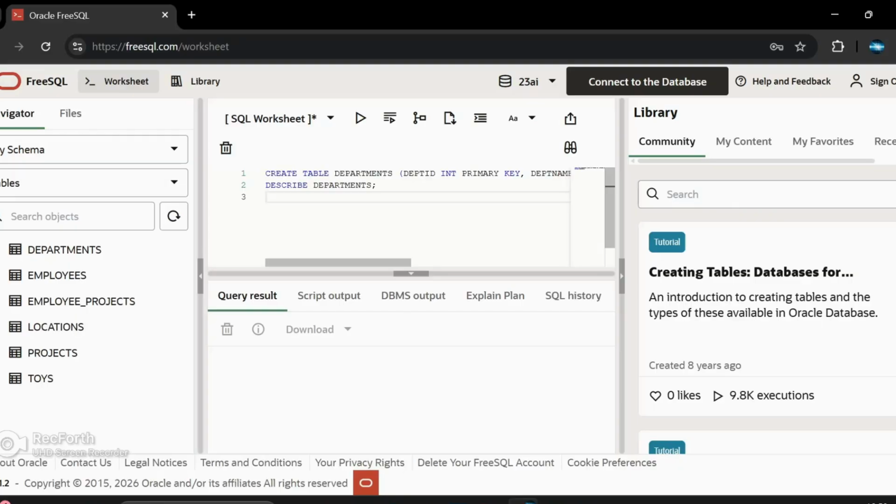Now we will insert the data in this table. To insert the data, the statement is insert into, then the table's name, then values. So insert into departments values,